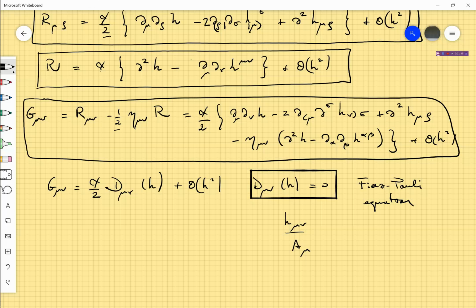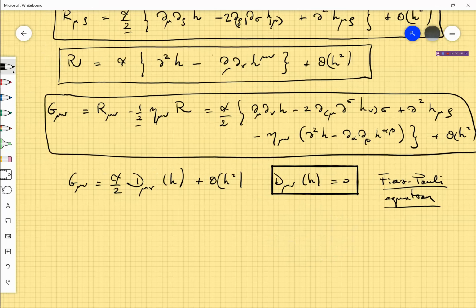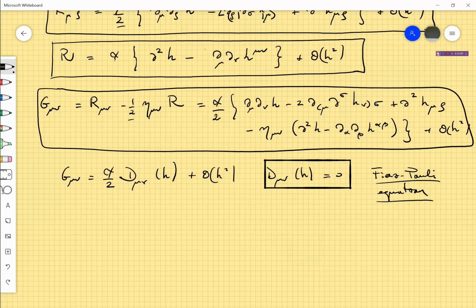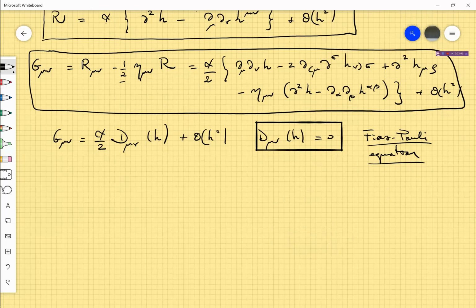So these are the equations of the free spin 2 field, or the Fierz-Pauli equations. The idea of the graviton arises precisely from these equations in this limit. The excitations of the spin 2 field will be spin 2 particles, and these spin 2 particles are the gravitons. Okay, now let's go on.